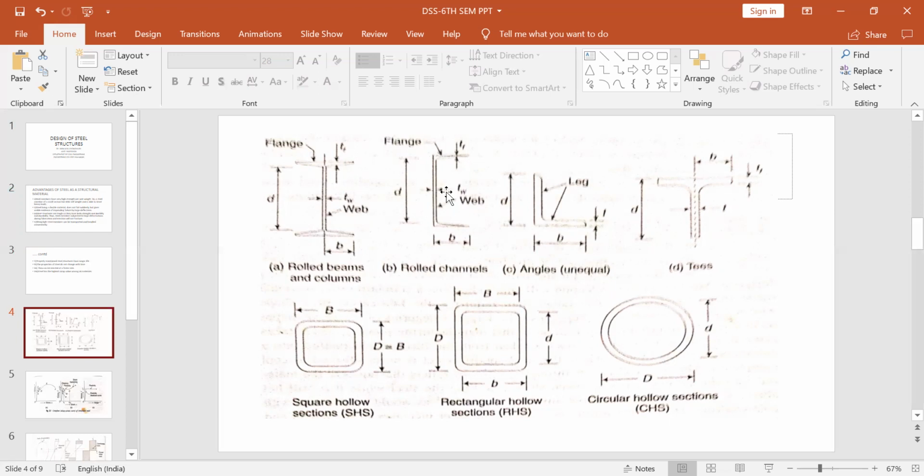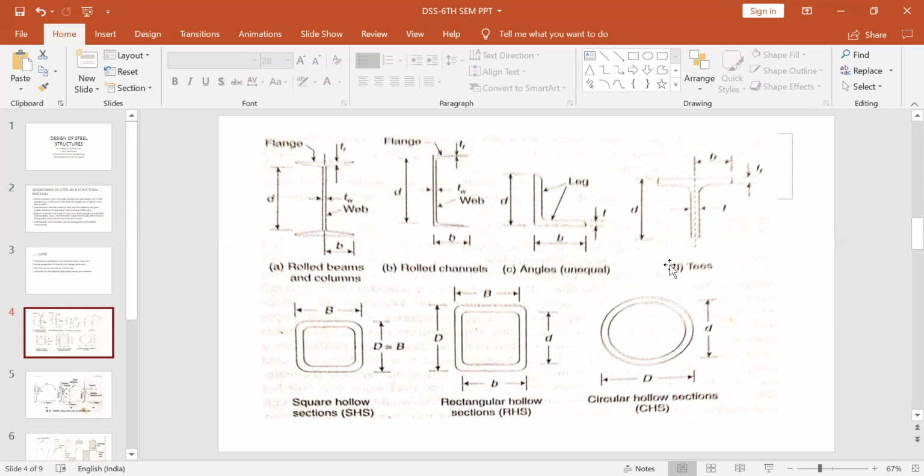Second would be steel tables. Steel tables are a book consisting of pages which carry various steel sections having different properties. We have to refer to that book while designing, while choosing a section. So these two things are very important. Apart from that, you need IS 875 for load, and Part 3 and Part 4 for wind and seismic analysis also.